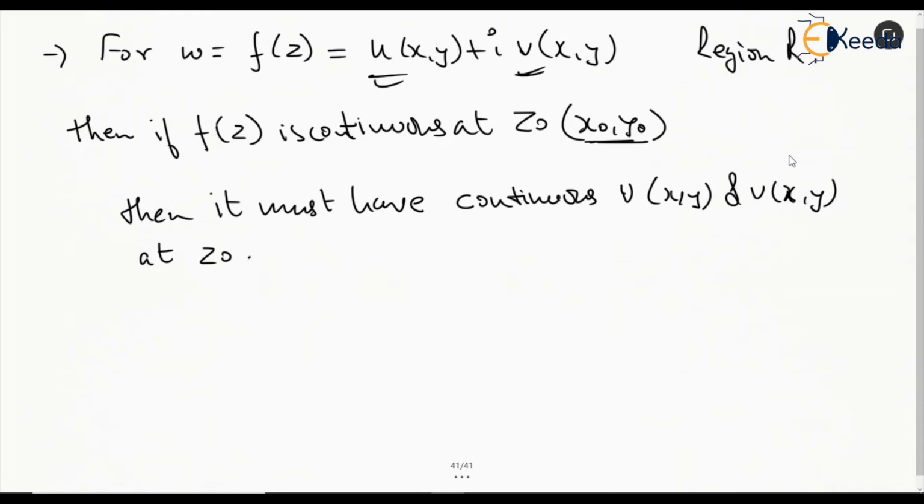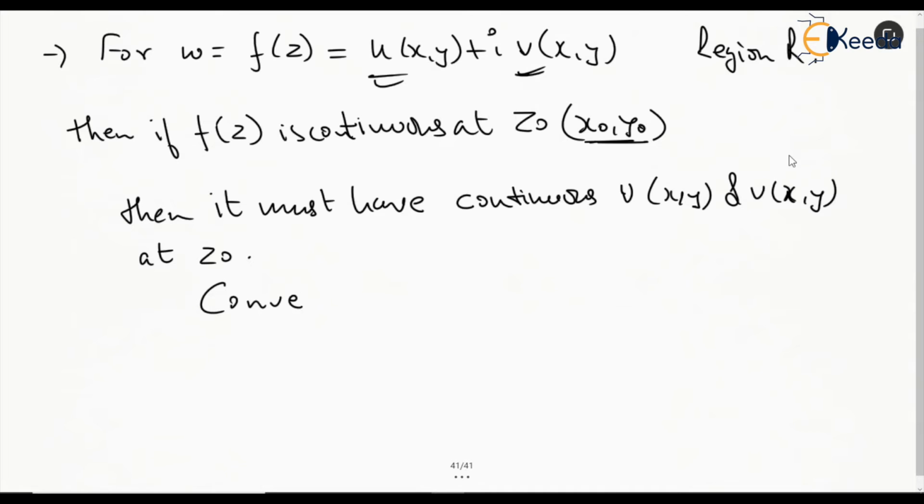That means, when we are talking about a function being continuous, we cannot mix its real and imaginary parts. We cannot do any operations between them, right? So they are independent from each other, and in that case, if we are saying the function is continuous, then its real and imaginary parts are both supposed to be continuous, and the converse is also true.